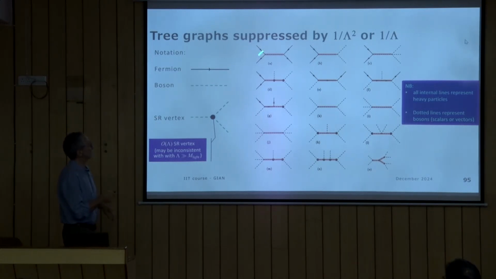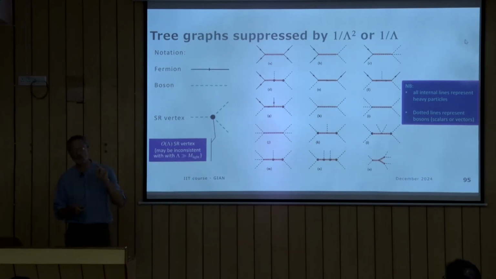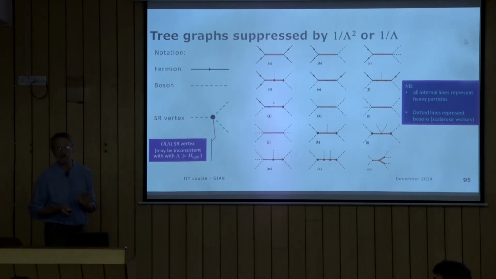Paramount among these is a 4 Fermi interaction. It has 4 fermions outside and a boson in the middle, and it can be generated at tree level by some boson in the middle. In contrast, operators with 3 bosons outside cannot be generated by anything